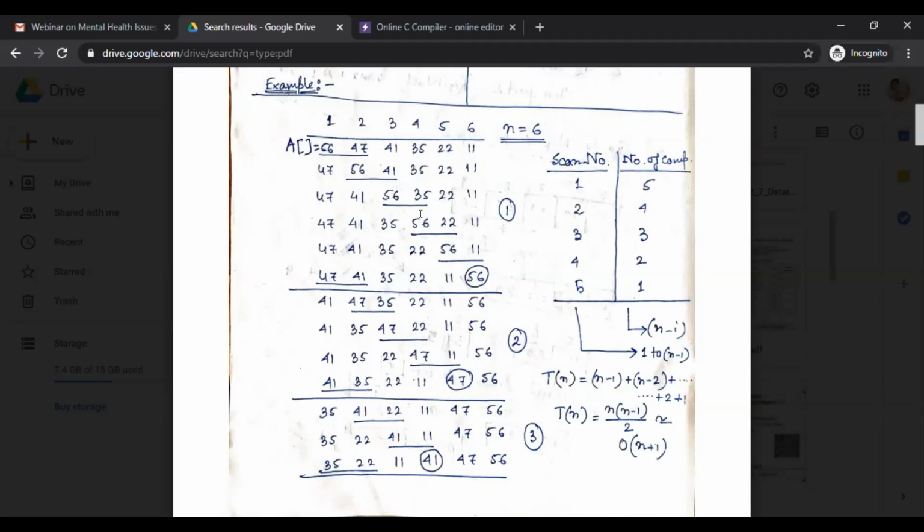So whatever the value of n, we have to execute our loop n minus 1 times. In this example n is equal to 6, so whatever the logical expression is, I am not talking about that now, you have to execute this logic 5 times.